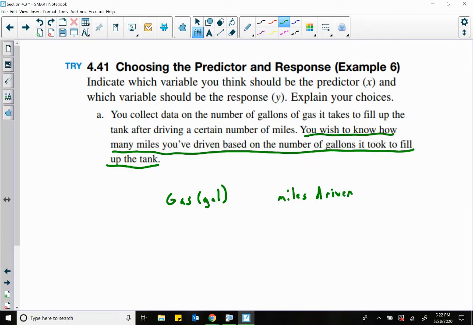Okay? So with that information, it's saying that you're going to know the number of gallons, and they want to know how many miles you drove. So that right there is telling me that gallons is your predictor. You're going to know the number of gallons to begin with. And they're going to use that number of gallons to predict